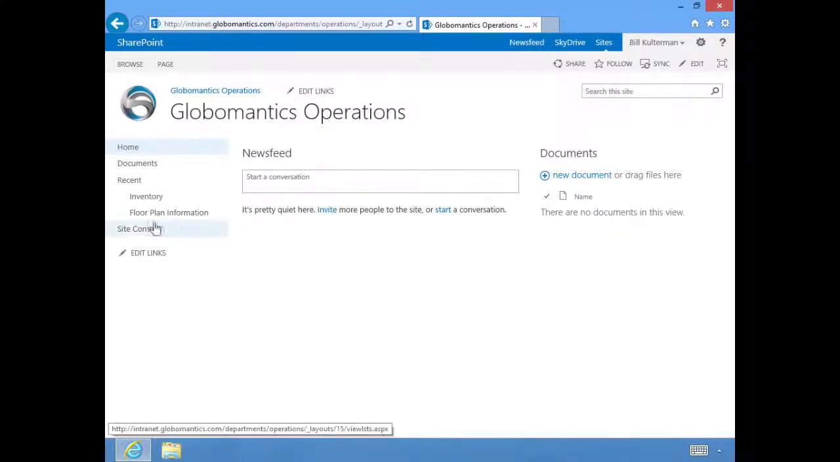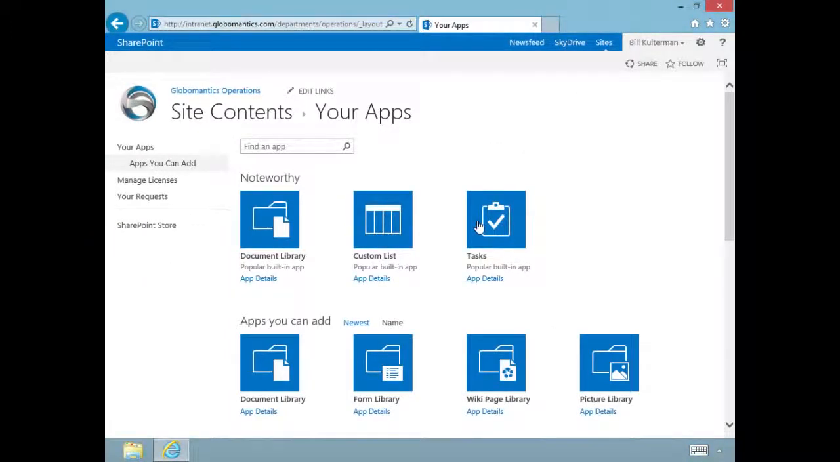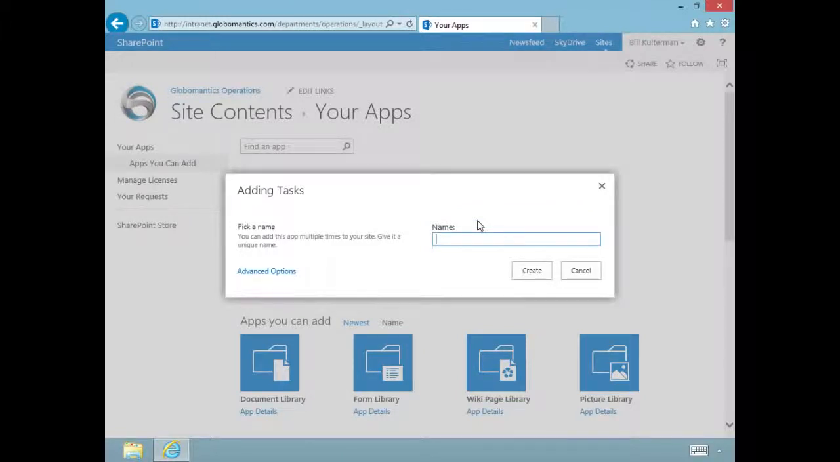And once more, we go right to site contents. And there, look at that, 2 new apps. Let's go ahead and add our third one, tasks. Now we have to give our task list a name. And this one is going to be called Office Inventory, because we saw in that last section we had a list, an inventory list of our furniture, available furniture,